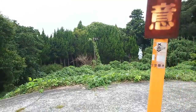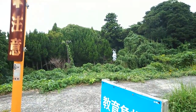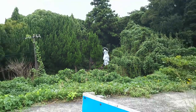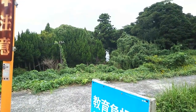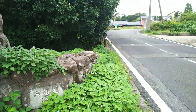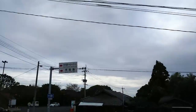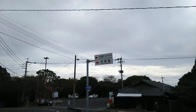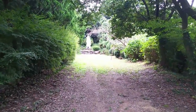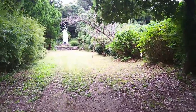As I was walking down, I see this giant statue. I thought it was really interesting, so I scoped the area and saw that you were actually able to go down there. It's right past this sign over here. And it's just this little pathway, and I believe it's some type of, please correct me if I'm wrong,